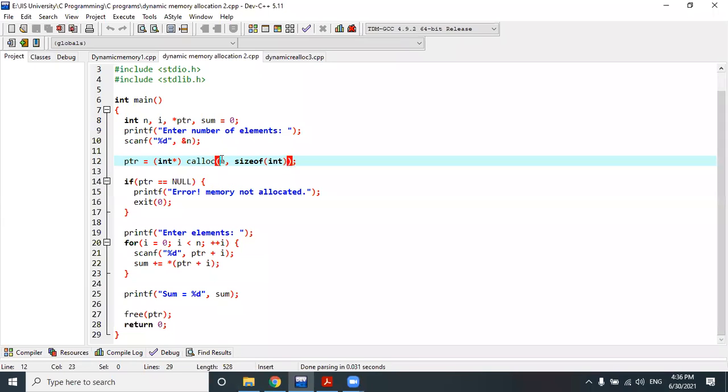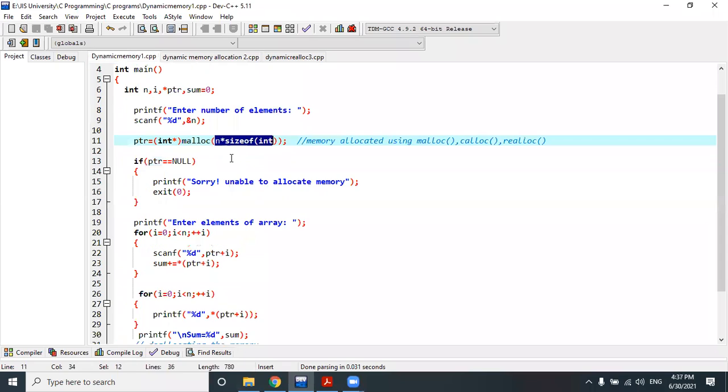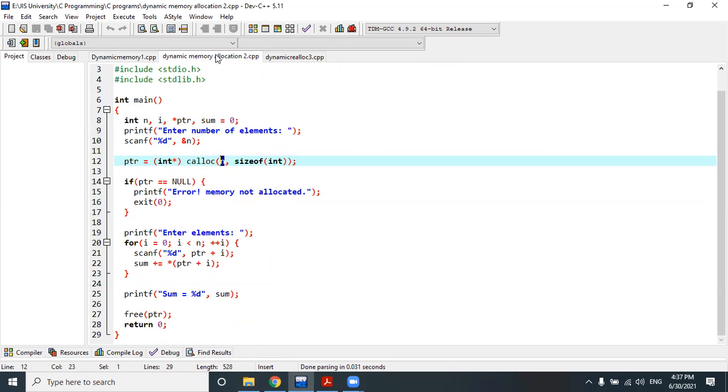So in calloc, this is the size n and this is the size of int. Similar kind of job is there. But it will actually occupy the memory as blocks of n number of elements. In the previous case, malloc, it will do n into size of int, and it will occupy n number of blocks, where each block has the size of an integer, that means 4 bytes. So if we are